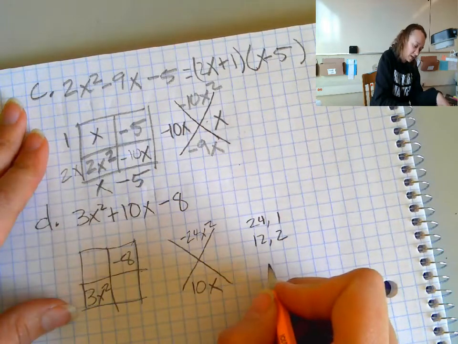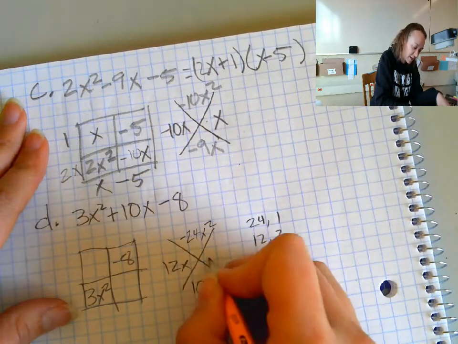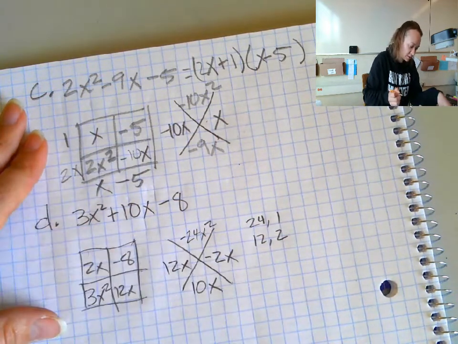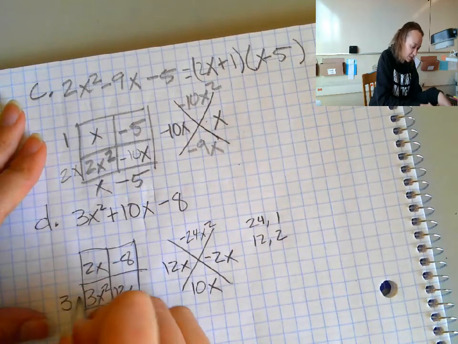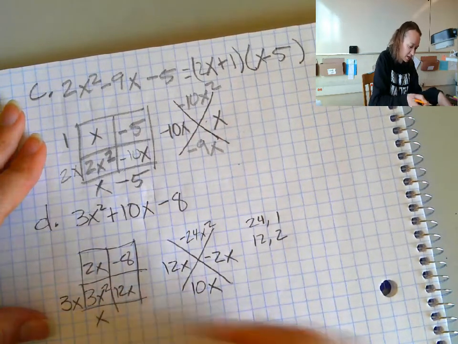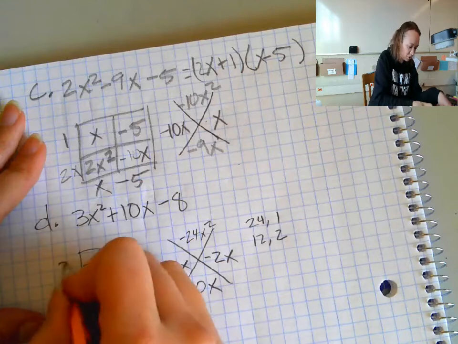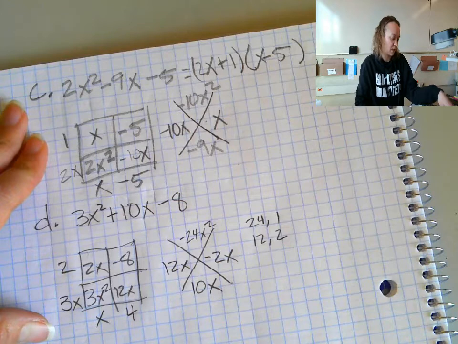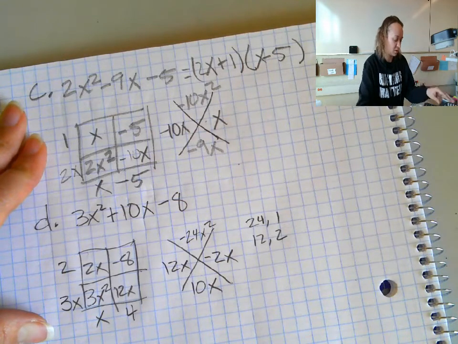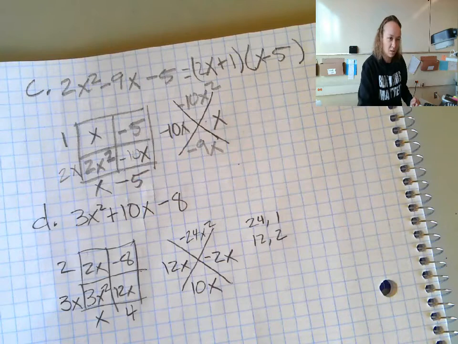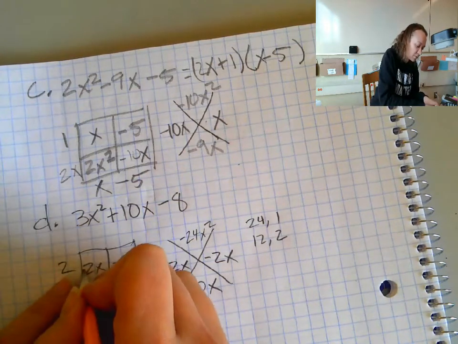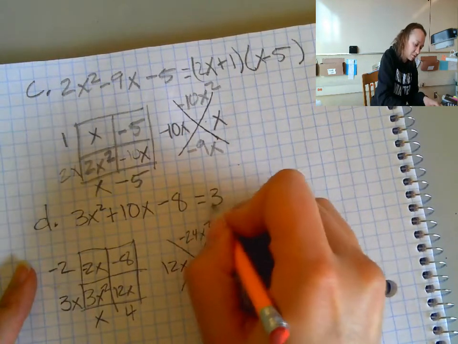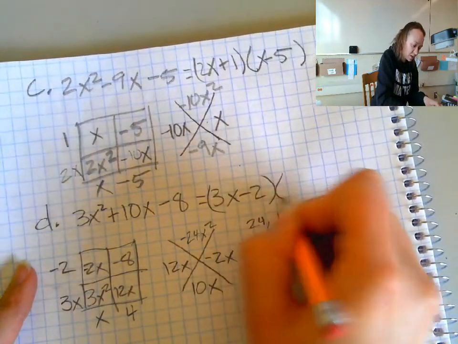So I need a positive 12x and a negative 2x. So this side must be the 3x. This side must just be an x. That must be a 2 and a 4. Maybe some negatives in there. Oh, I forgot to write my negative from the 2. There we go. So that's a negative 2. Okay, so that gives me 3x minus 2 times x plus